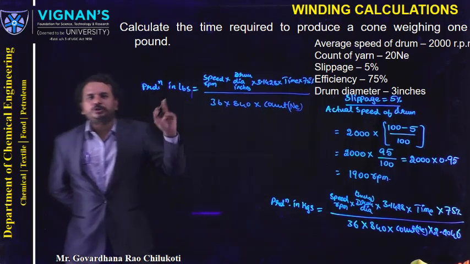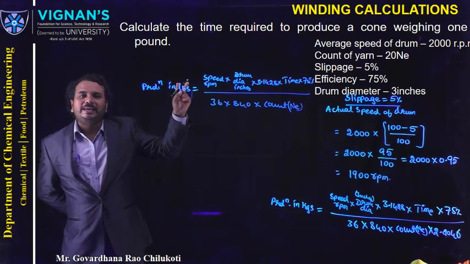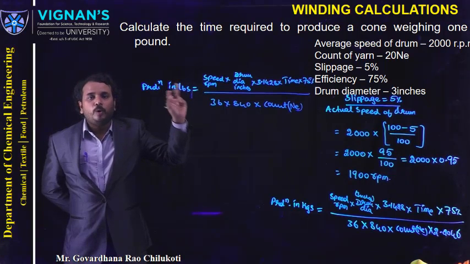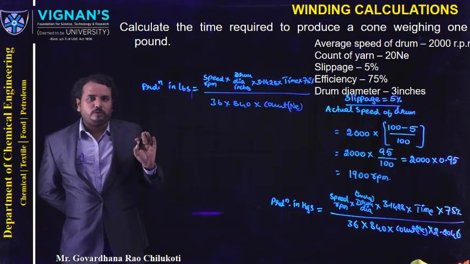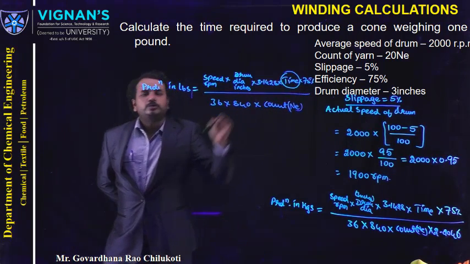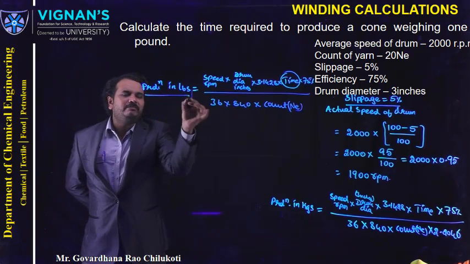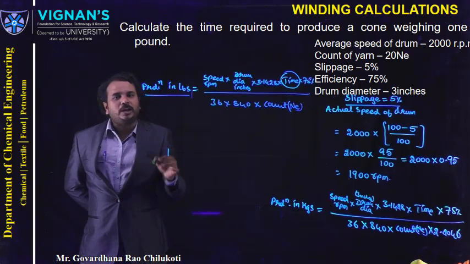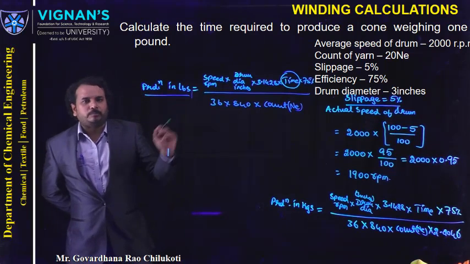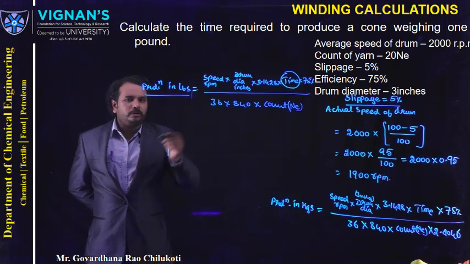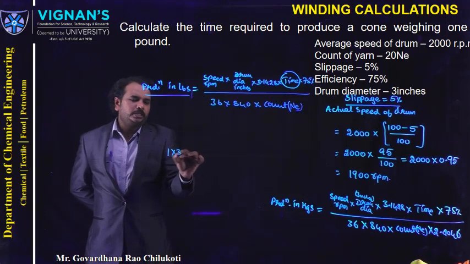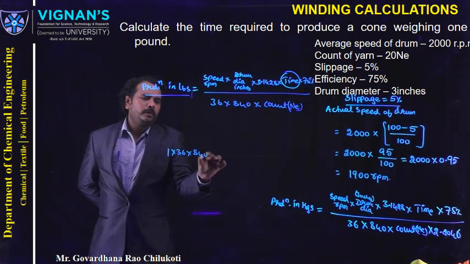Now what is our question? The question is we need to calculate the time required to produce a cone weighing 1 pound. What is the time? So we need to calculate the time. Now what is given is 1 lb, already given. So we need to calculate the time. So there is a simple calculation. You can see 1 lb multiplied by 36,840 into count,